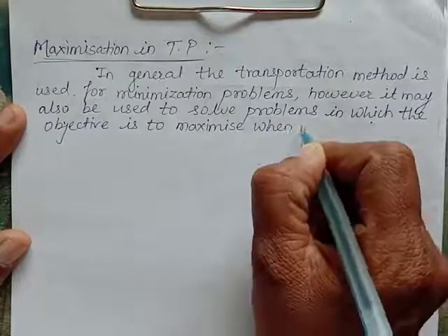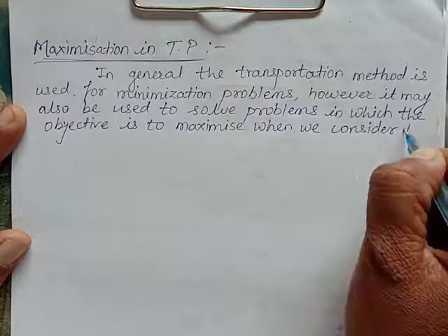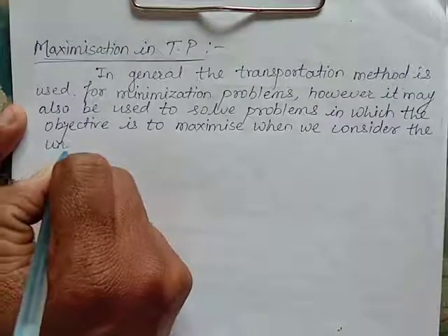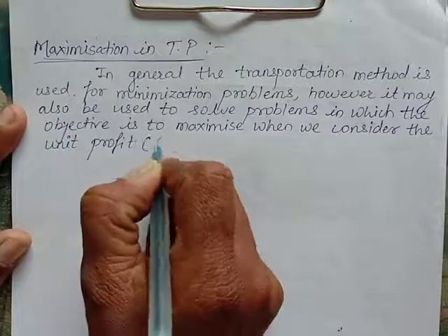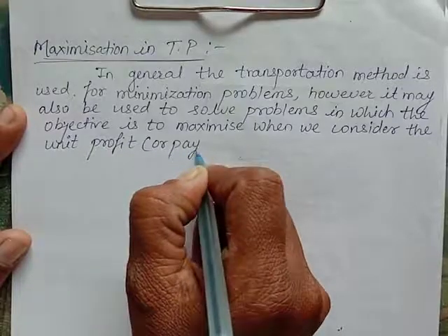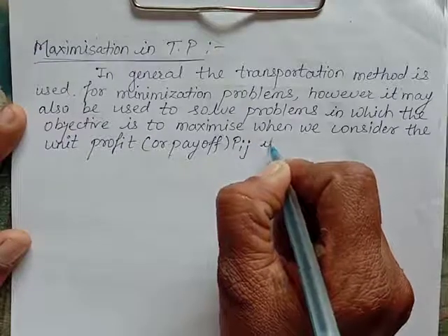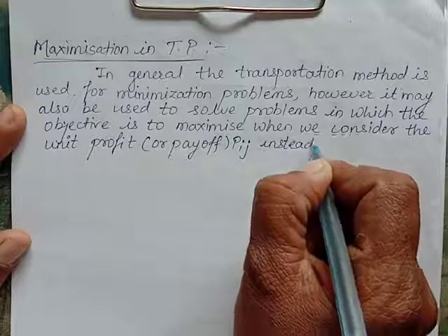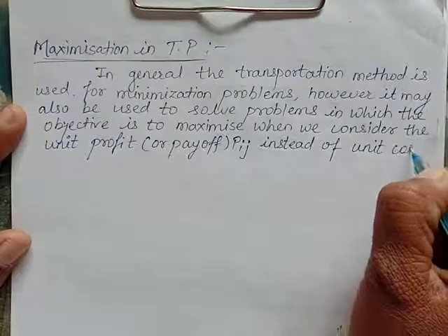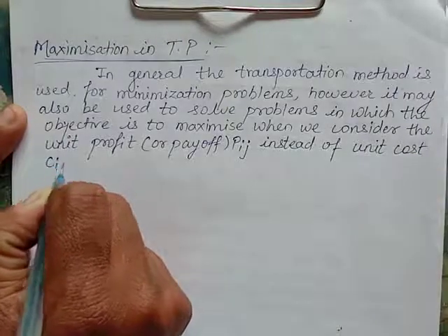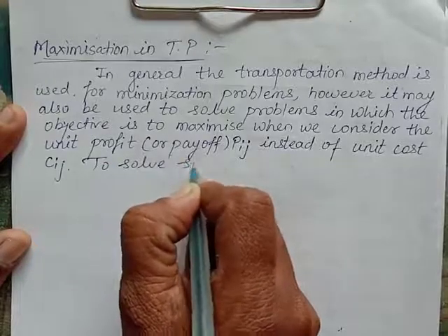When we consider the unit profit, or payoff, that is denoted by P_ij instead of unit cost, that is denoted by C_ij. To solve such problems,